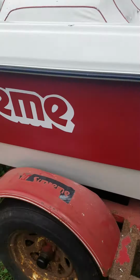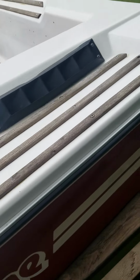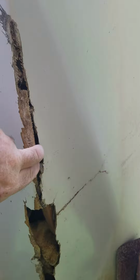What we got here today is a Ski Supreme, and I fixed this last year. Here is the hole. Definitely new. They hit it again on something, we believe even like the trailer when they were trying to load it. All the stringers inside are rotten. So before I even attempt to fix the outside, I've got to,